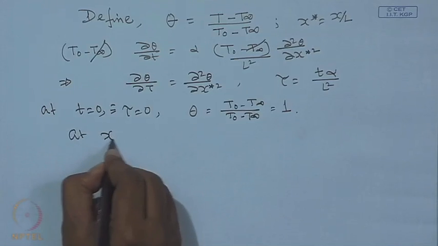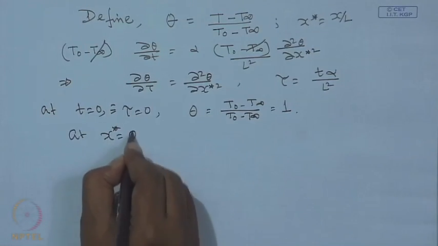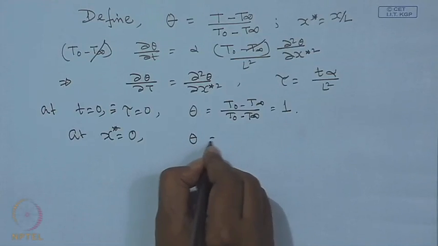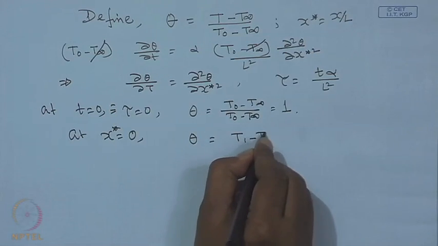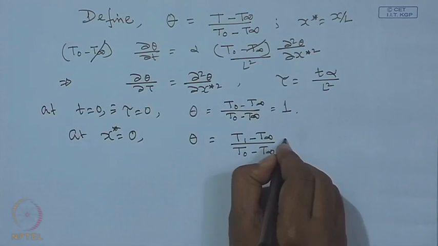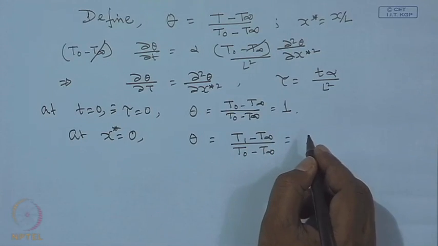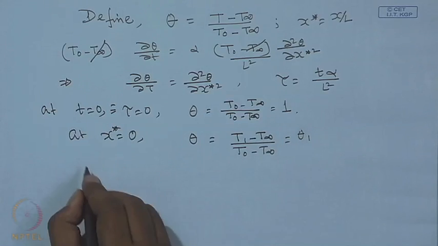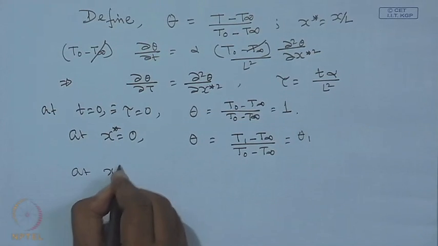At x equal to x star equal to 0, t is equal to t 1. So, therefore, theta is equal to t 1 minus t infinity divided by t 0 minus t infinity. This is a non-dimensional temperature and it is constant. So, let us put this value as theta 1, and at x equal to x star equal to